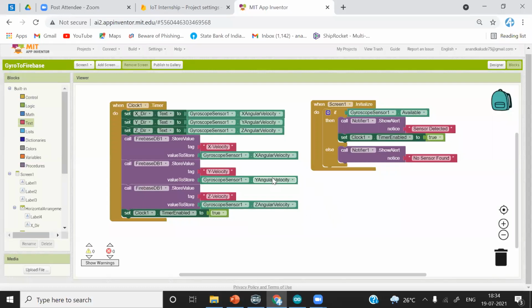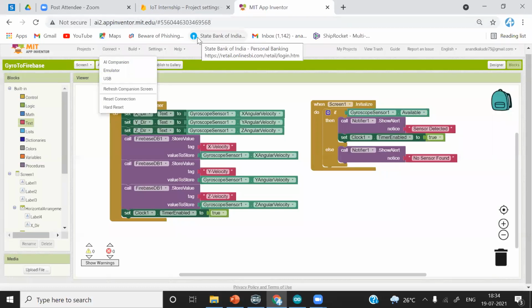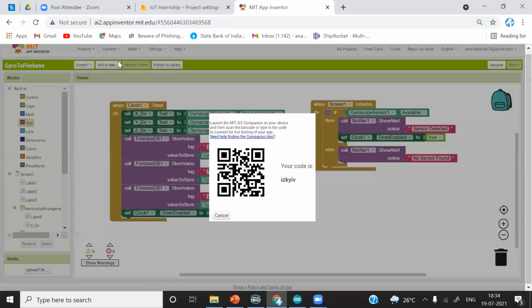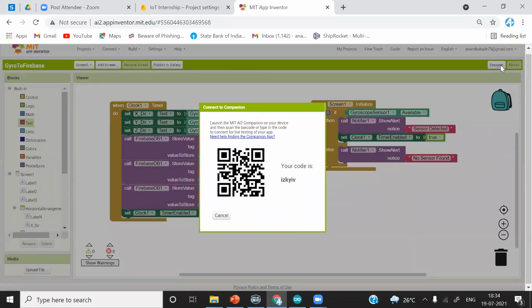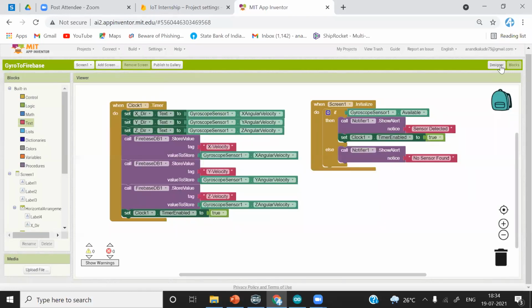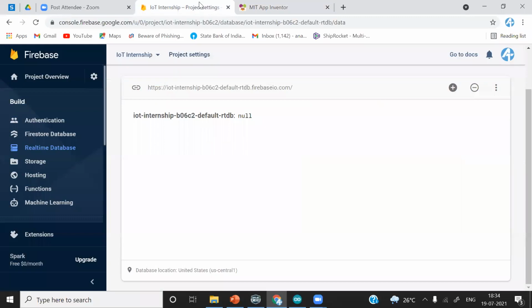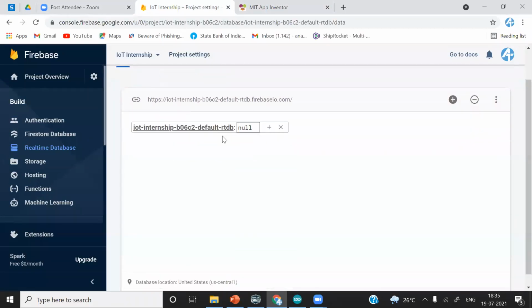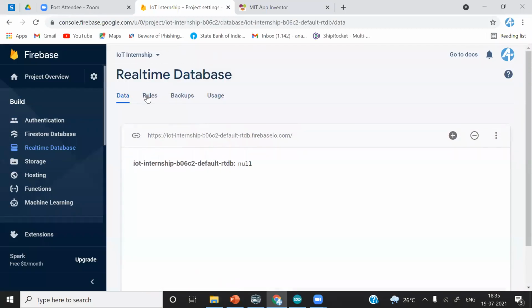I'll quickly connect it with my smartphone and then we will go to Firebase to observe the data. Sensor detected, it is showing. We can see there is no data, let me check the rules.